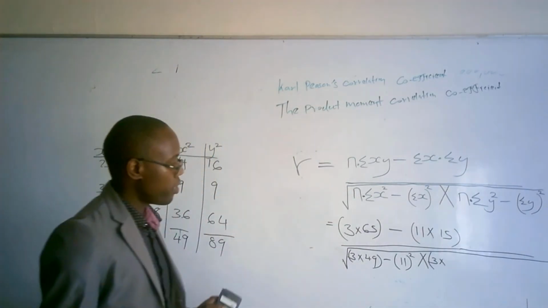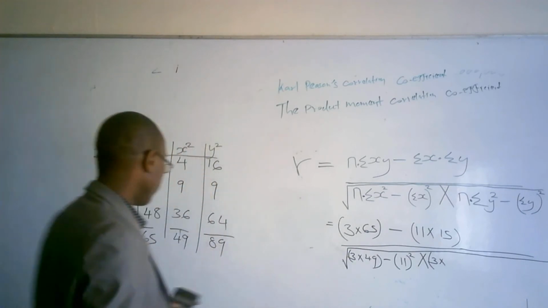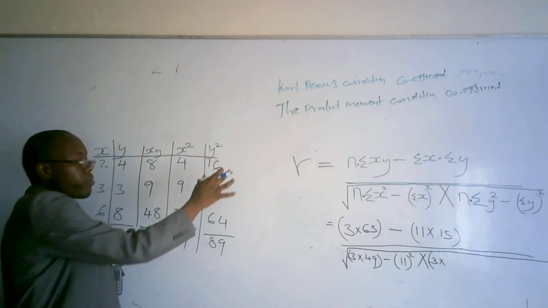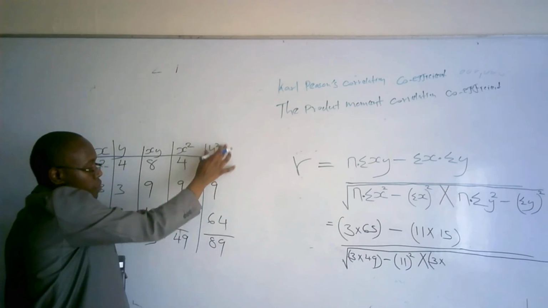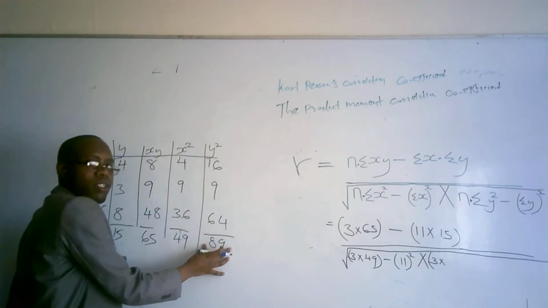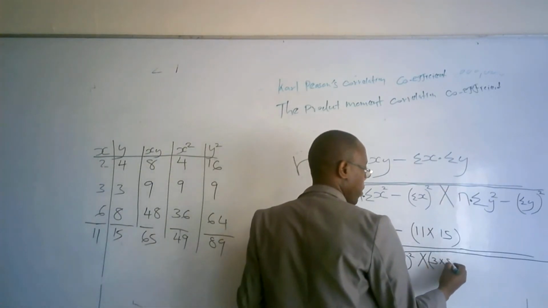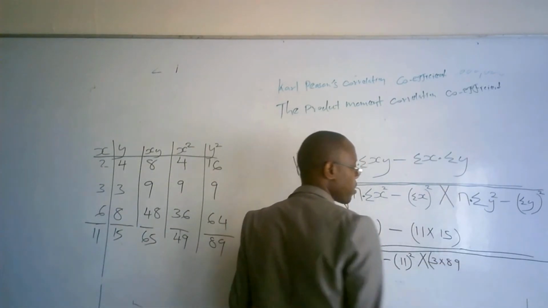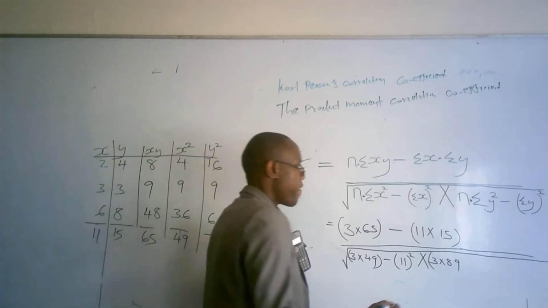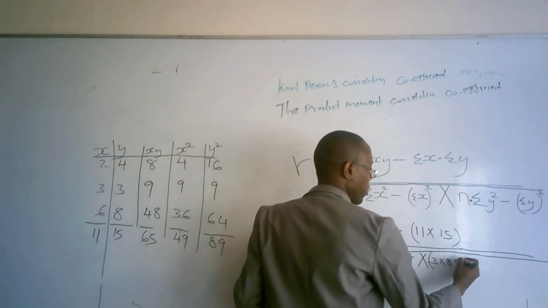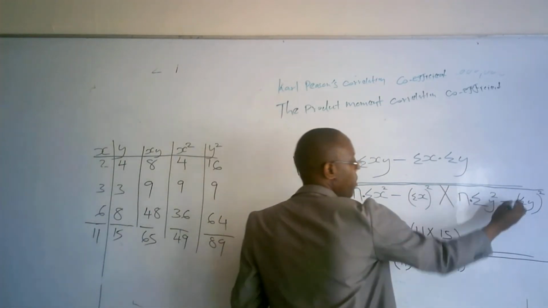It's going to be 3 times summation y squared. And summation y squared is the sum of the y squared values, which is 89. So multiplied by 89, in that manner. And then you close this bracket to make it neat. And then you minus